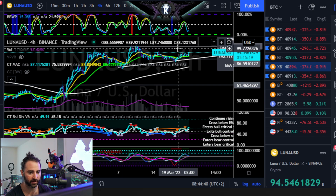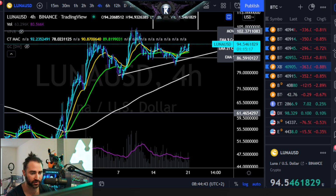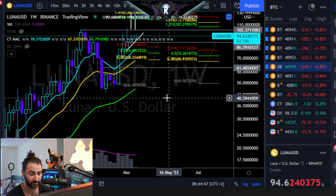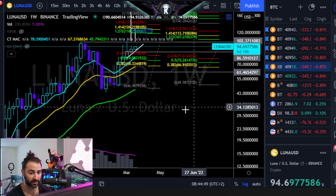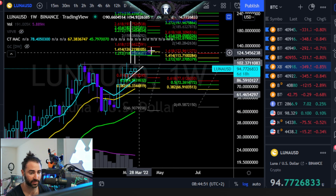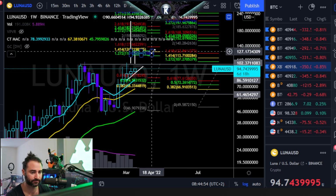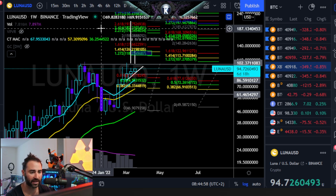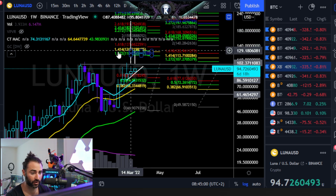Big long-term areas again coming in right around 102, a $1.02 right there. Very important. You'd be getting what I would expect to be humongous targets in the following months after that. First target would be about 126-ish. Well, let's just say 125 or so, give or take a few bucks from that, and then very long term, in the months that follow that, 190 to